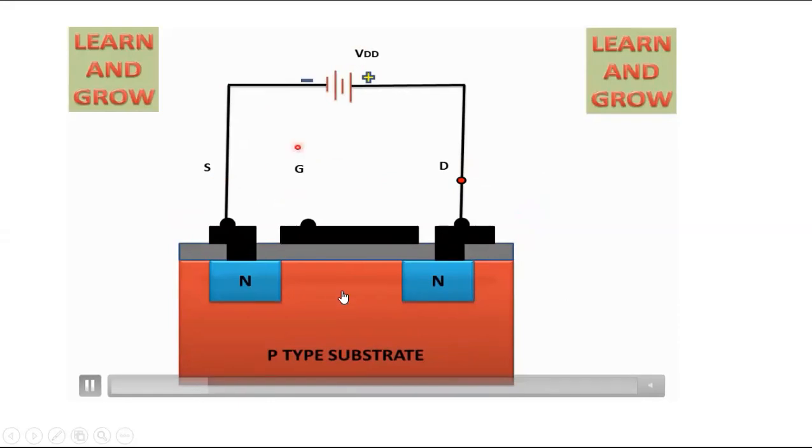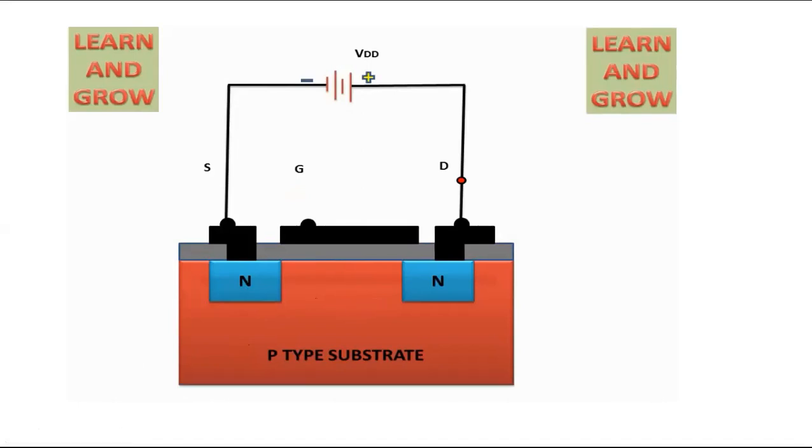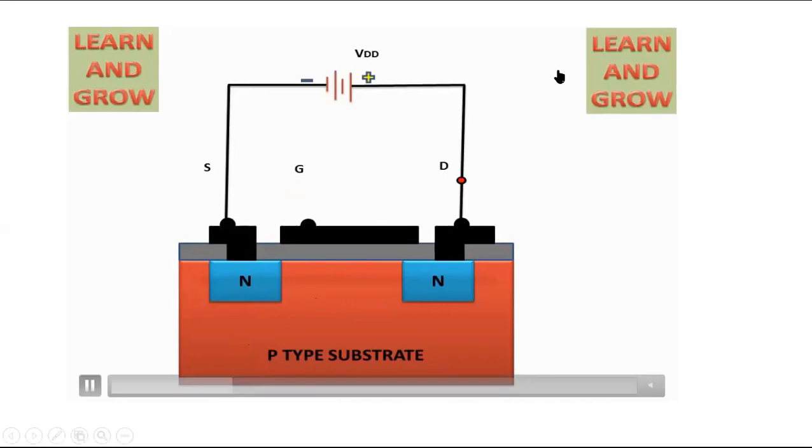In order to make the electrons move from one region to another, from source to drain, if electrons are moving from source to drain, then only the MOSFET is on. But here electrons are unable to move because we have one particular barrier. So how are we supposed to make the electrons move from one place to another? Again, you connect the positive terminal to the gate. If the gate is biased with the positive terminal, then an inversion layer is created. So the gate terminal is connected to the positive supply, which creates the inversion layer.